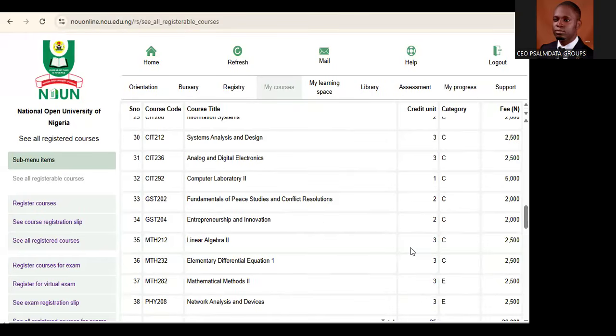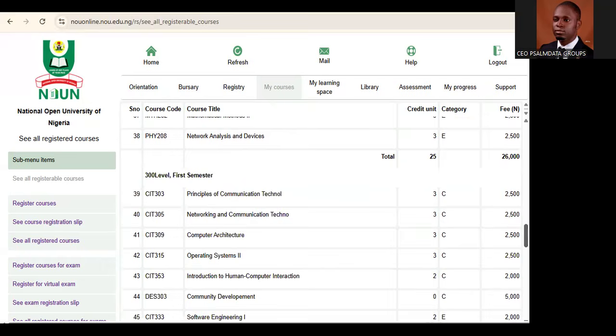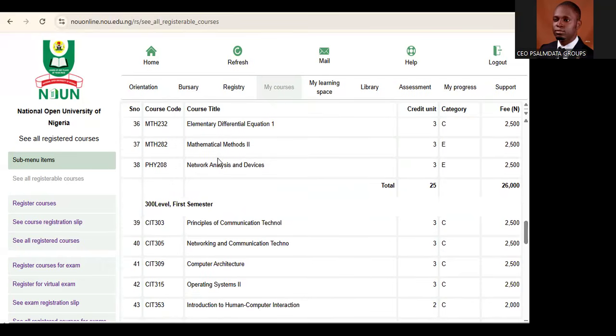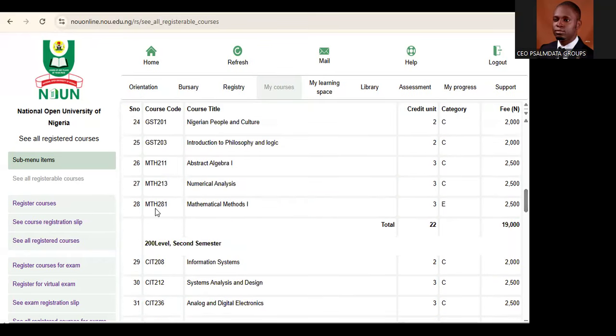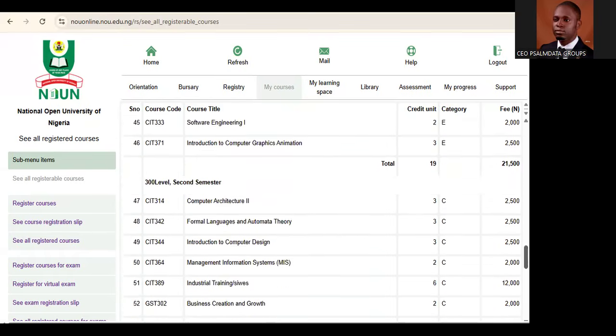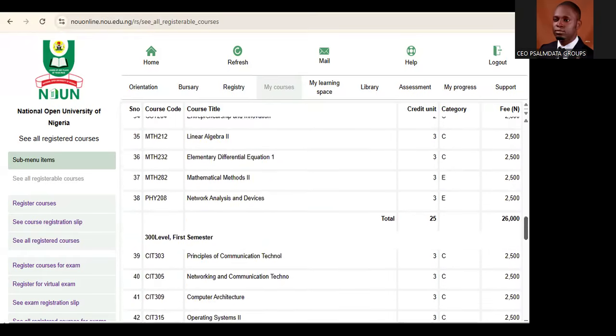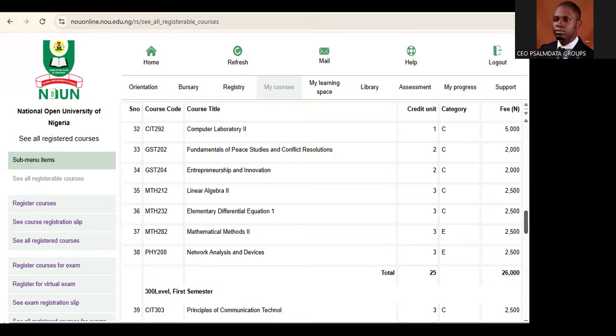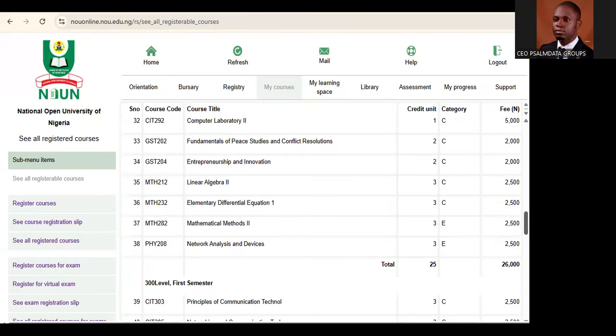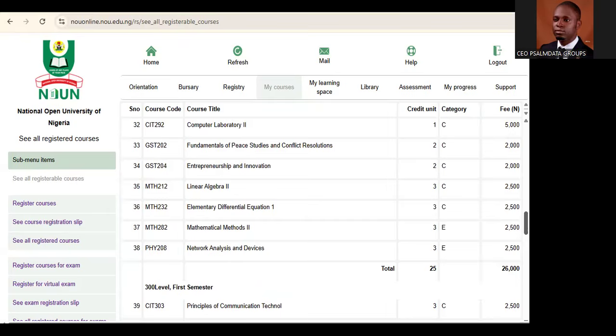What you need to watch out for under the electives is that if you have any elective that appears to be a continuation of another one, that means you have to register the first one and the second one. So even if I will not register any other elective among all the electives I have here, that MTH281 and MTH282, I have to register them. That makes them almost compulsory for me to do. That is how you know electives that you must do. The one that is in form of a continuation, as part 1 and part 2, you have to